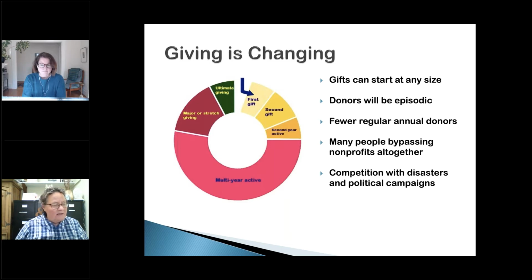A little bit, I think, with political campaigns, although the evidence is very clear over many studies that people who politically give, that does not decrease their charitable giving. I think it does. I think where we see that is it decreases their attention. It decreases the attention span they have for the charities that they give to. So just keeping that in mind really means that you have to have very good records. And I'm going to say more about that in a little bit. So that's just kind of a little background.